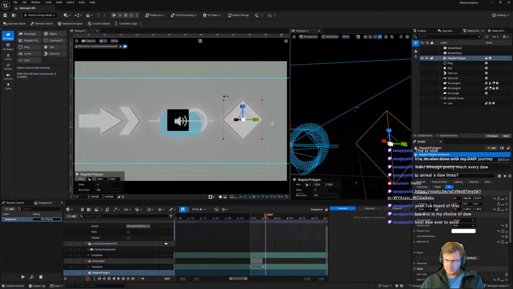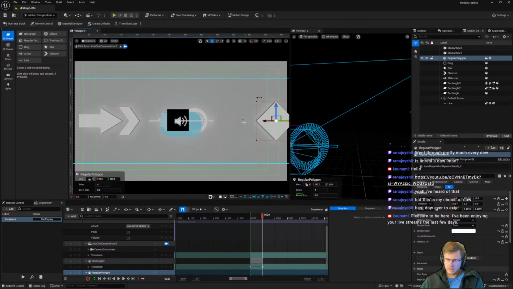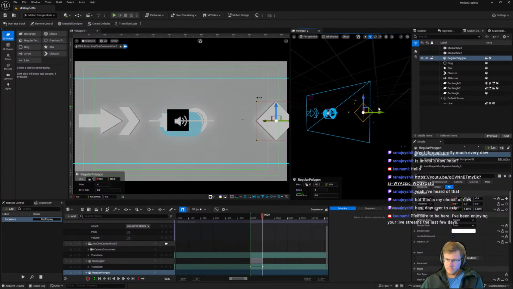Oh, here we go. So position, we can go where we want to go. Right here, location. So let's zero it out, take it off the screen. Over, let's make it drop in.